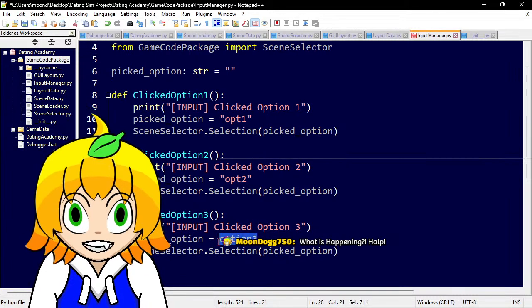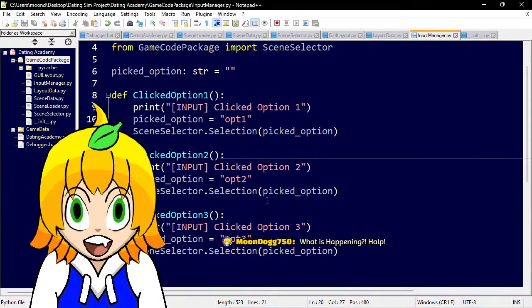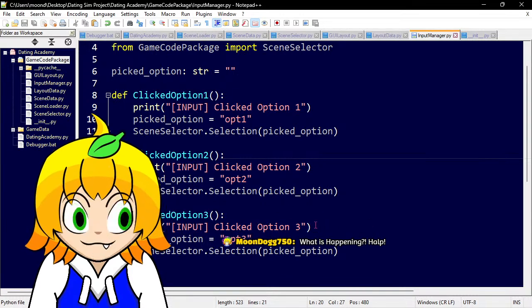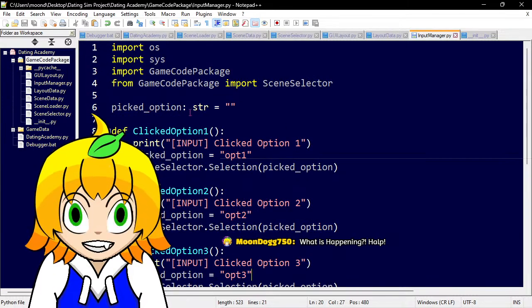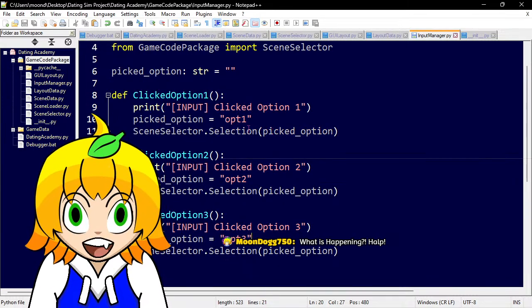Because these are going to be clarified in the other one anyway. That just saves a few lines of code, which really isn't a big deal. Anyway, the picked option string is going to be pushed through into scene selector dot selection.